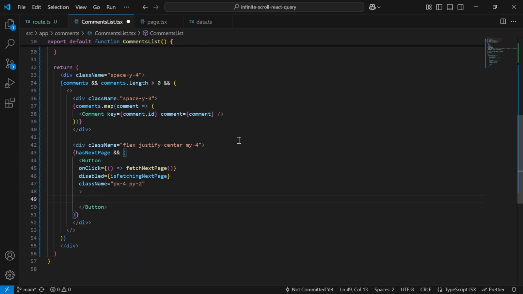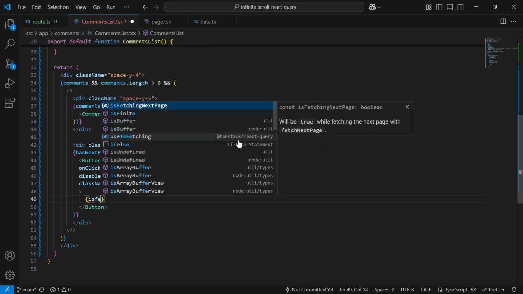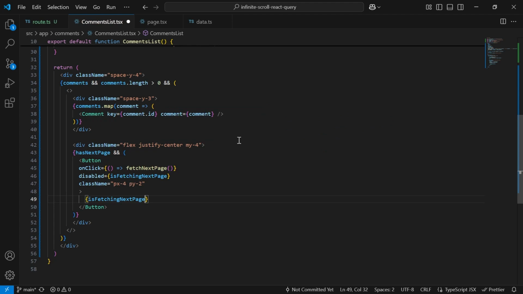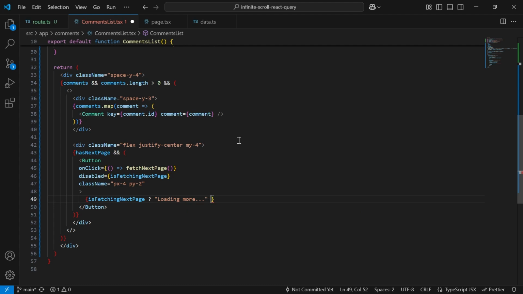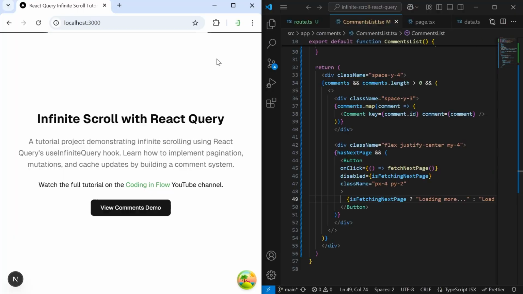We close this button, and in here we want to render a text, either "Load more" or "Loading more..." to indicate a loading state. So again, in an expression we check isFetchingNextPage. In this case this will say "Loading more...". Otherwise it will say "Load more comments". We still have to add an error and an empty state, but for now let's save this and let's open